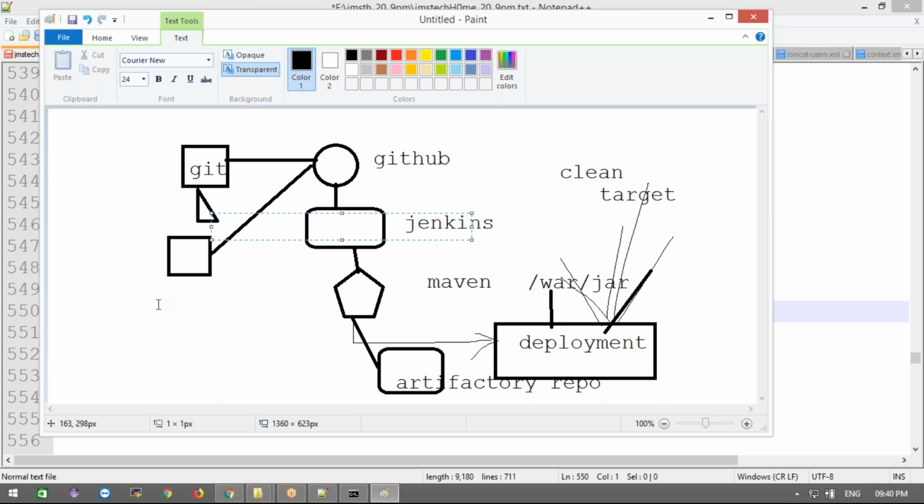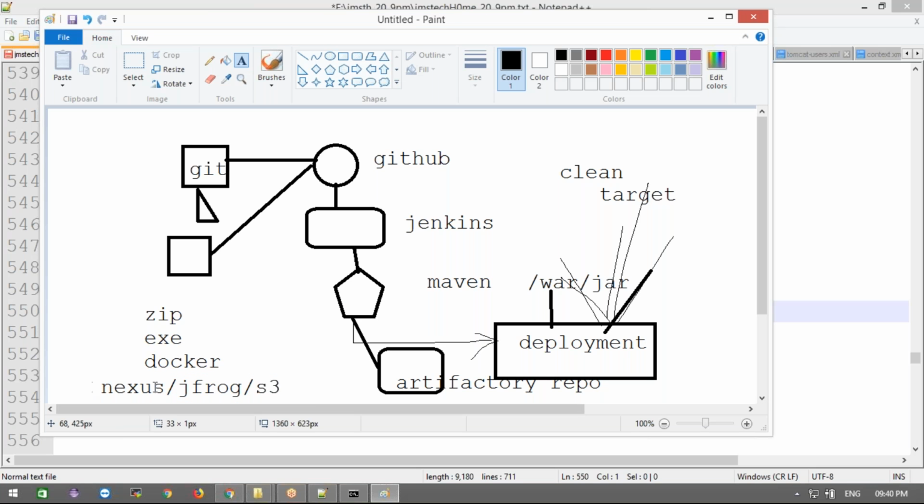It is not only for storing jar files and var files. It can store GIF files, exe files, anything, even Docker images. Any type of output we are going to store inside our artifact repositories. In the market, the artifact repositories most people use are Nexus, JFrog, or S3 buckets. Maximum people use S3 buckets to store artifacts. Clear guys? Now the concept of why we use artifact repositories is clear.